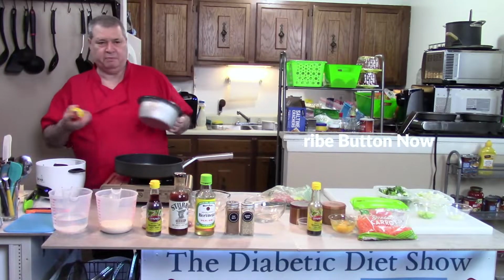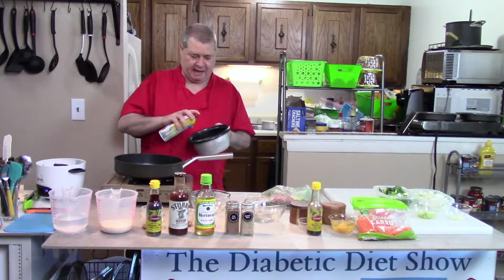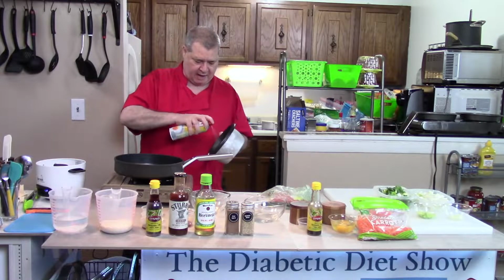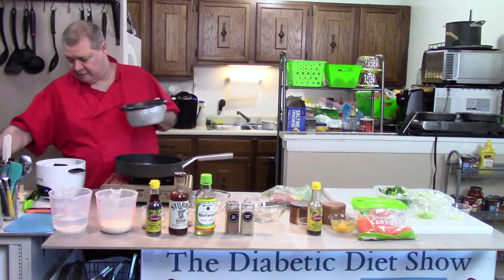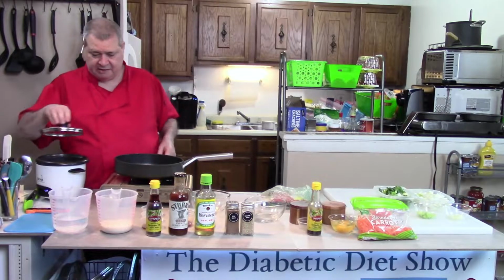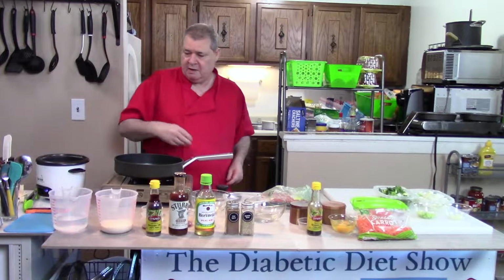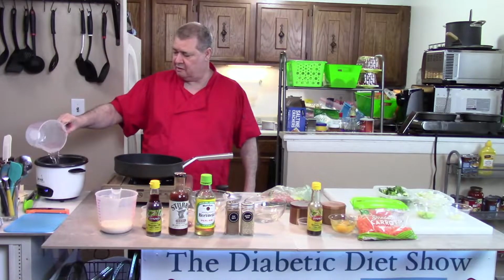So, you can boil water and put it in a pan and do it that way. I have a rice pot that boils. Either way, I would spray it with some Pam. Not always necessary with the fancy pans, but I like to do it. So I have the water and the rice all measured out,